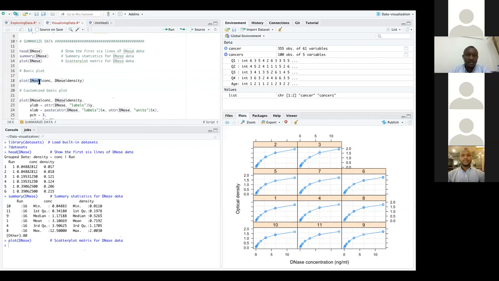This is our data set, the DNS. The DNS is our data set, while the concentration is one of the column variables, if you can see. So we want to plot this concentration versus the density. So for the plot function, we have to define which data set we are taking the concentration from, which is from the DNS. And we also have to define which variables we want to plot from the DNS. So we define the density. So if you click run,